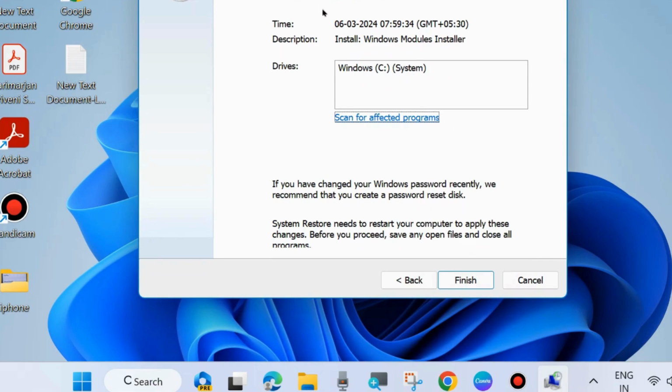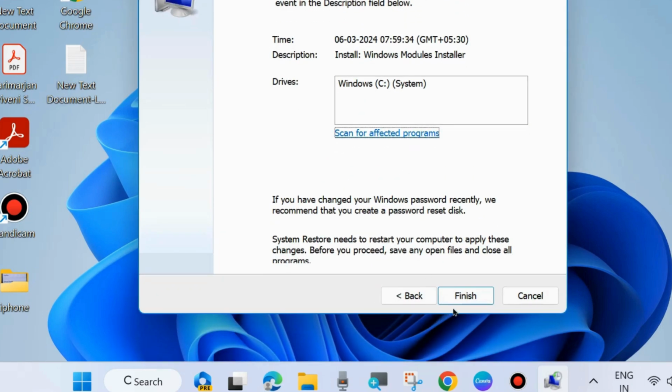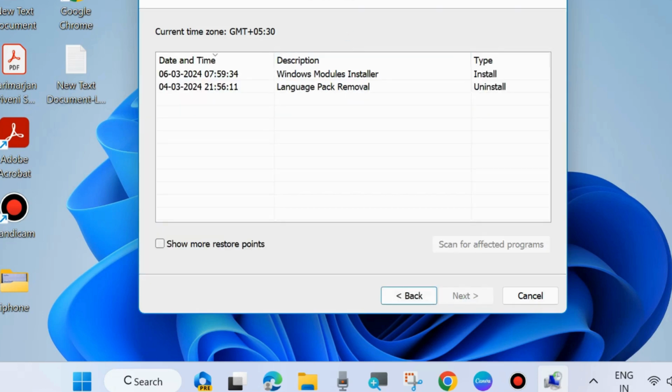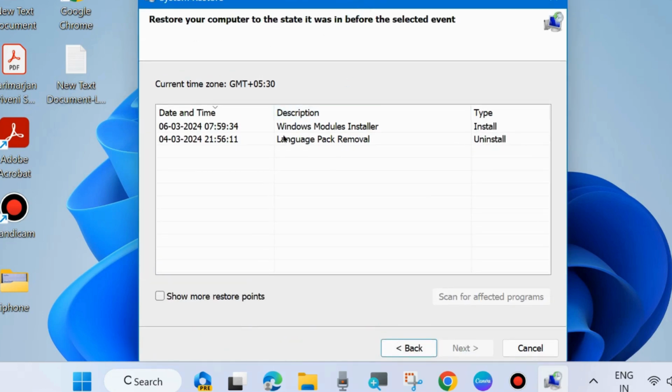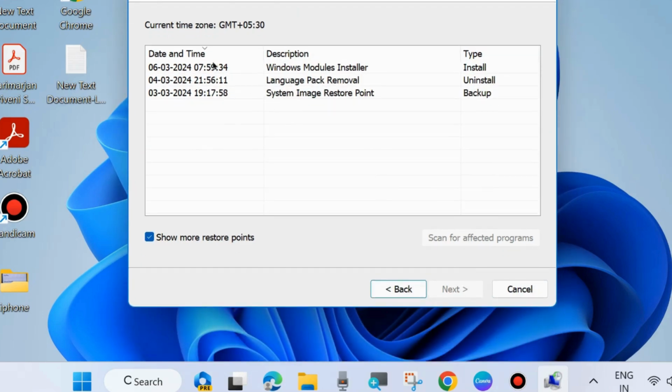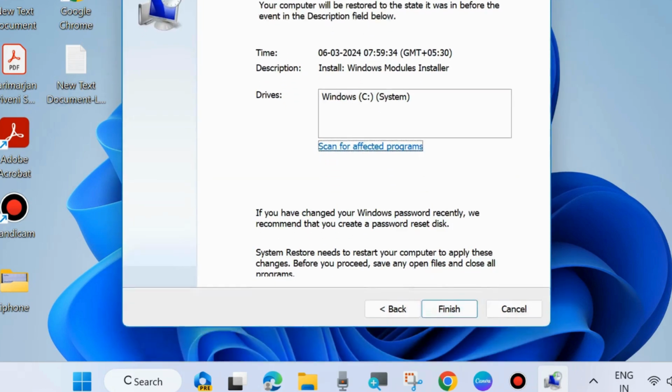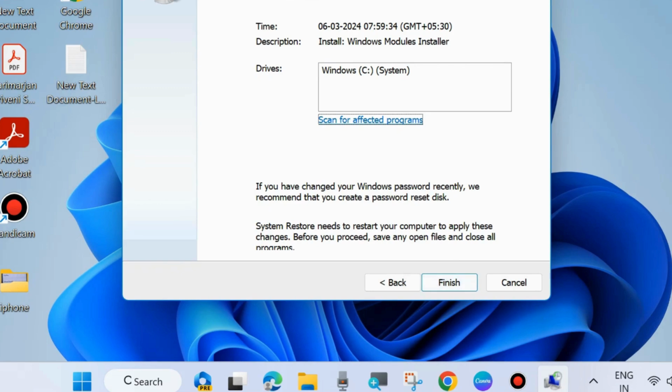If you want to choose another restore point, then simply go back and choose a different restore point and click on next. Here choose a different, show more restore point. If you want to show more restore point, check against this box and choose a system restore point from which restore your computer to the state from which your system is in good condition. Click on next and choose finish. Finally confirm your restore point and